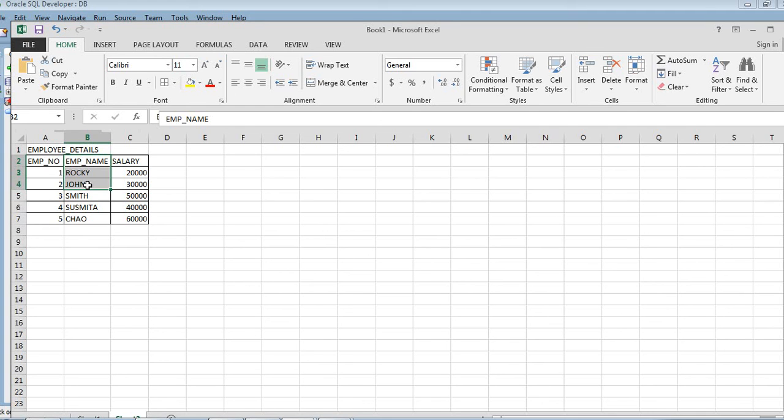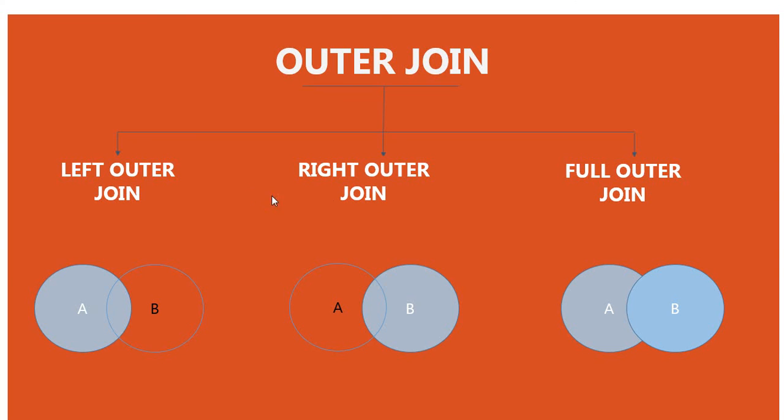So lastly, we have the last topic, which is full outer join. What is a full outer join? A full outer join is the intersected data of the two tables A and B, or over here the two circles A and B, as well as the outer data of the left table and right table, meaning the outer data of both tables, including the intersected data.